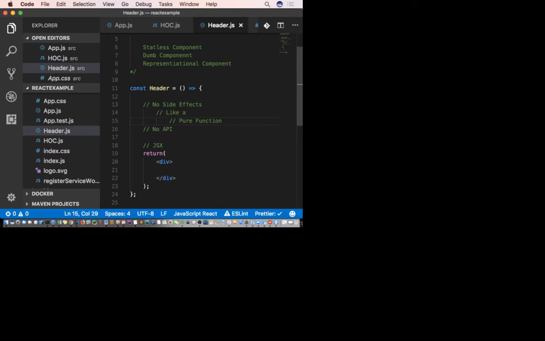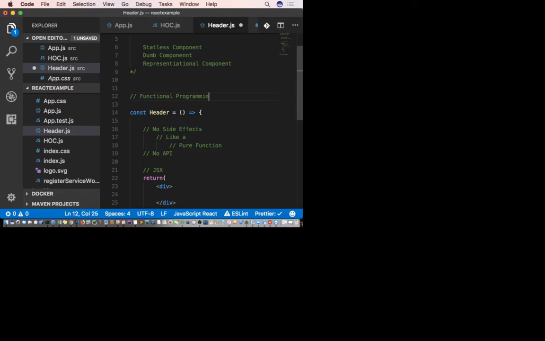Write this down. When you write in JavaScript, you need to choose one of them.